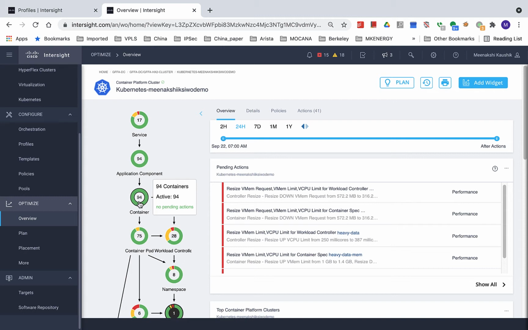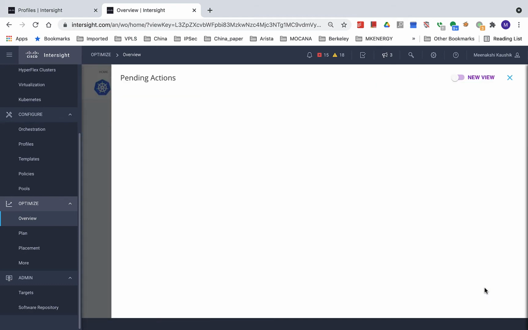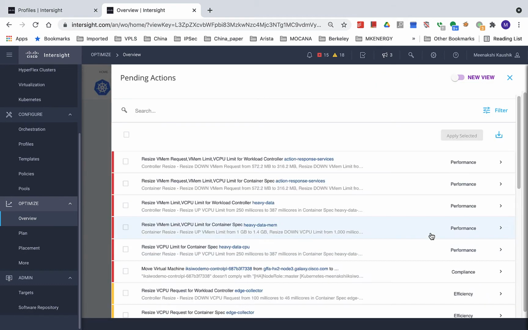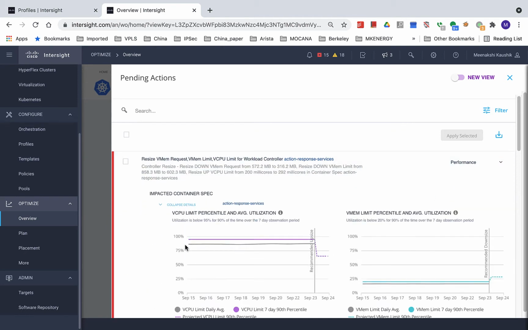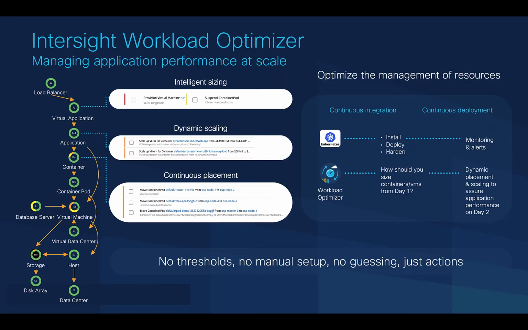Additionally, one more thing which you can do with the optimizer is a more intelligent auto scaling based on analytics rather than just a trigger. So for example, with Workload Optimizer, you can say that I want to trigger an auto scaling only if the CPU exceeds consistently over a certain threshold for a 30-day period.